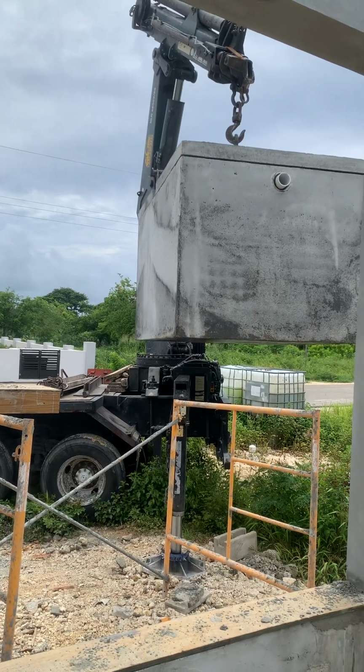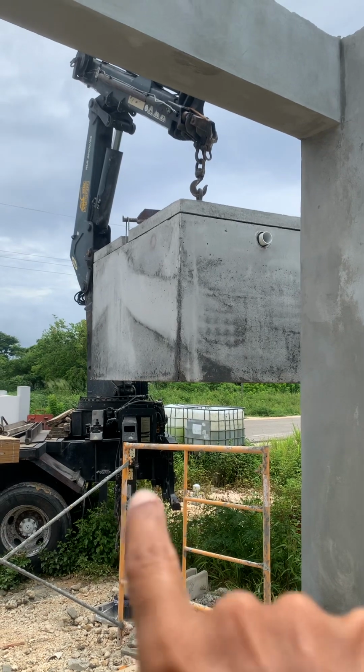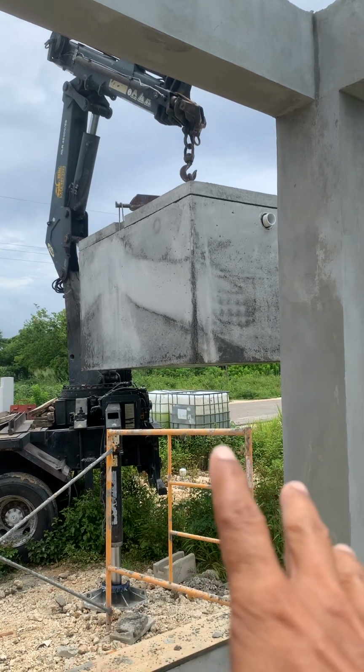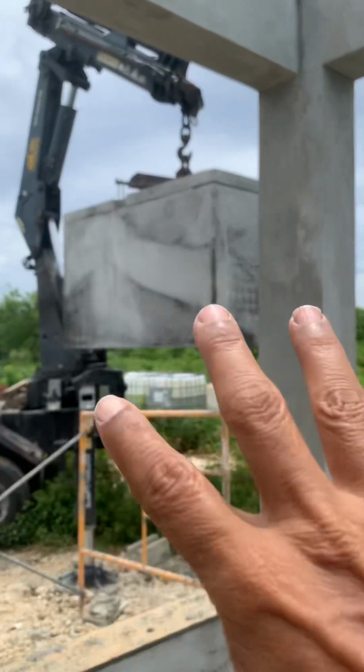Hey guys, today we're getting a pre-made septic tank put in. I use CA Precast, and I'm always happy with their service. That's a 1,000-gallon septic tank, and the gallons is always based on